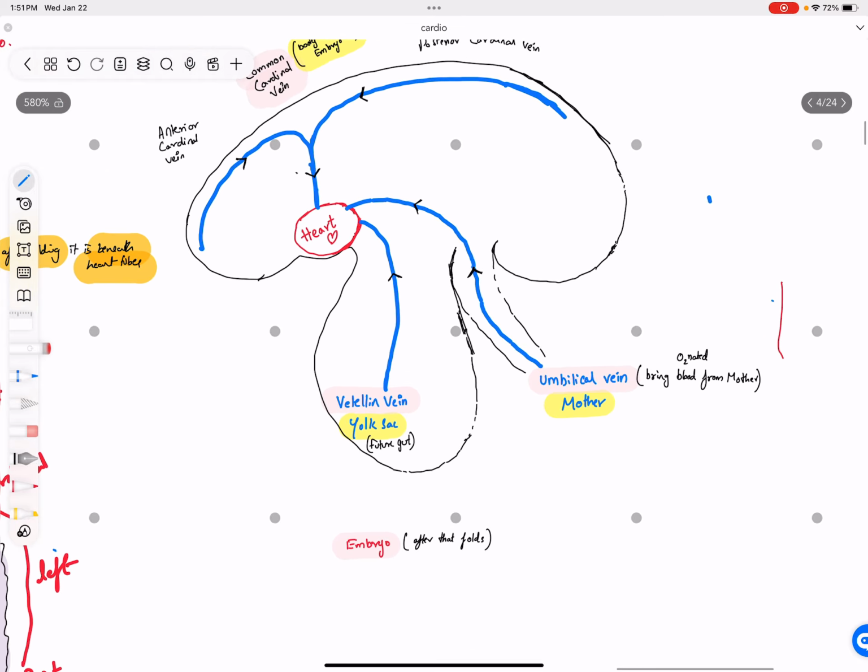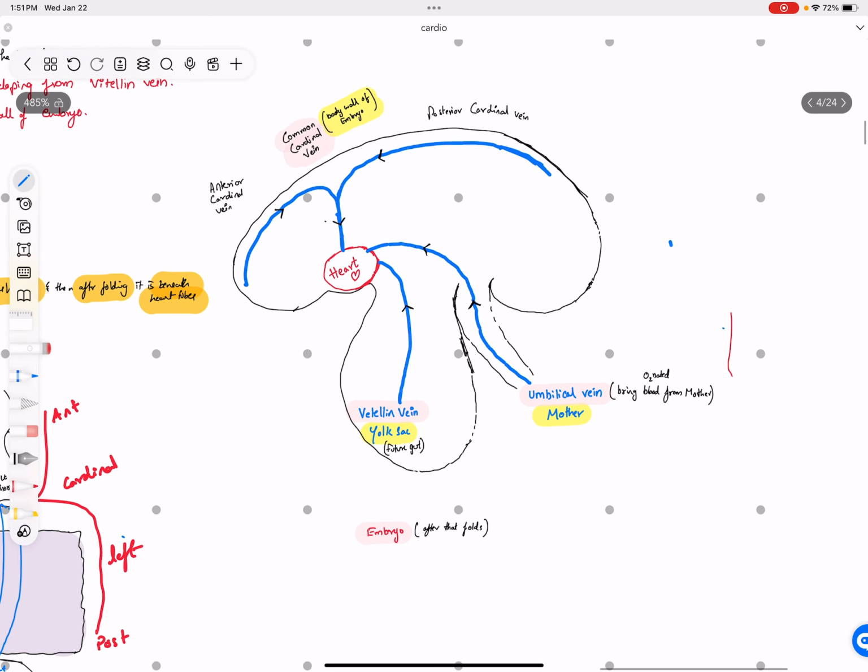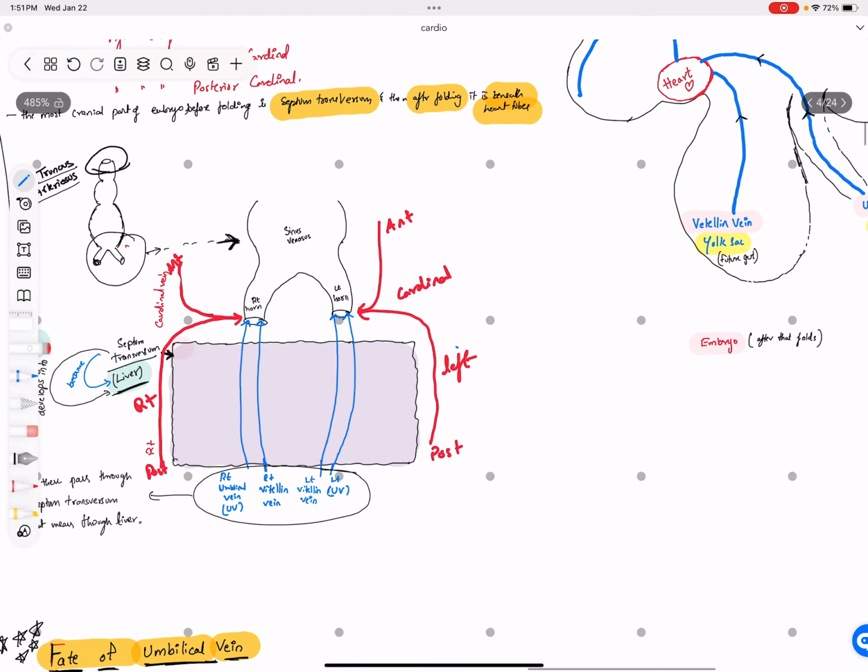Now we'll talk about the septum transversum. This structure plays a role in the development of the liver and also influences the course of the veins. The vitelline veins pass through it. Like for example, you can see here,